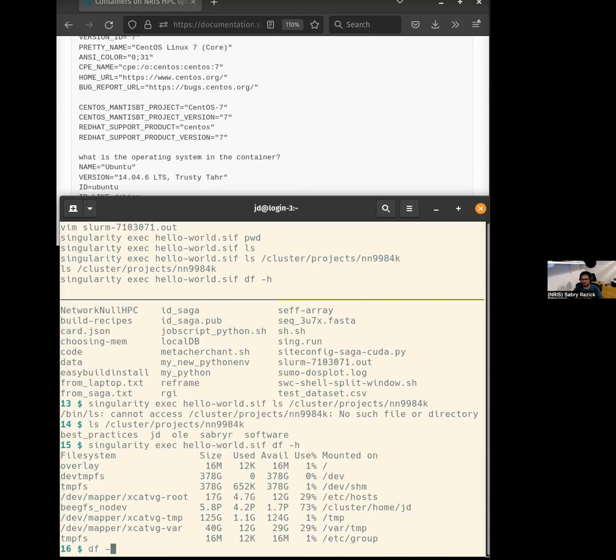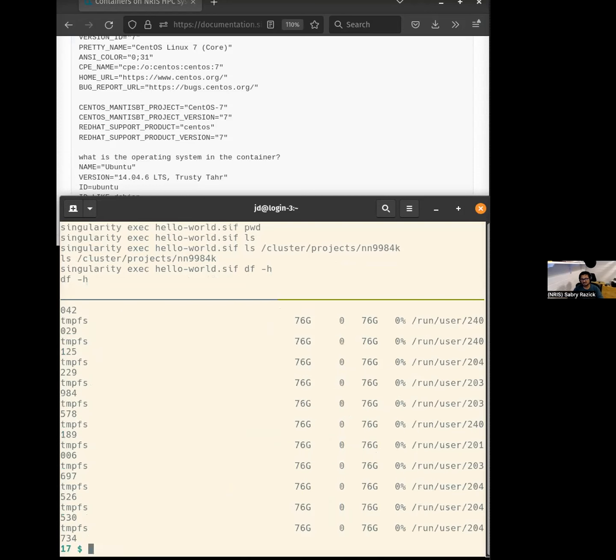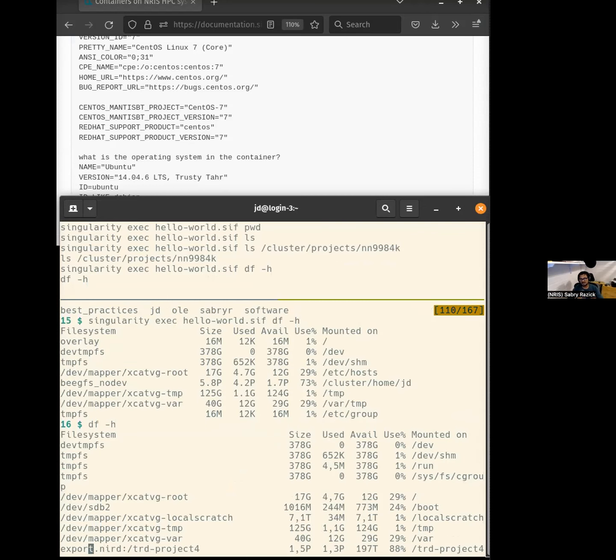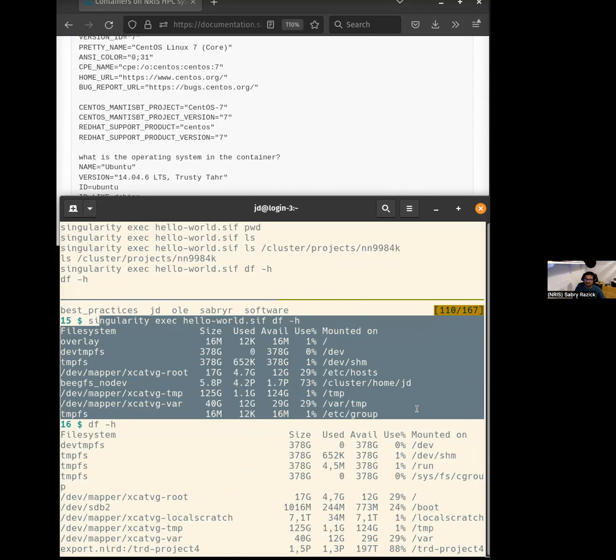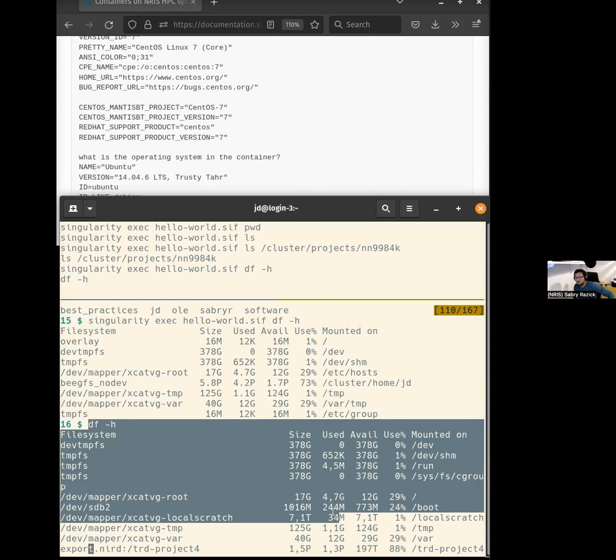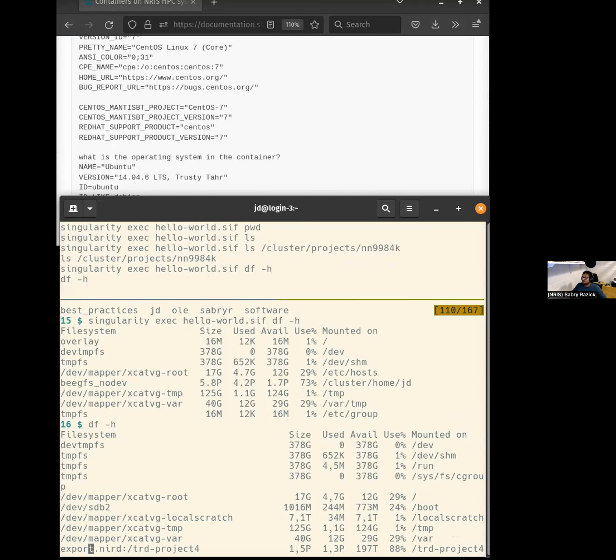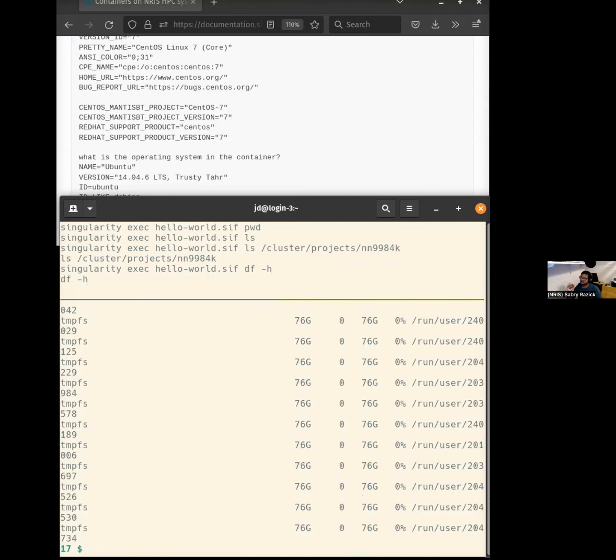This is also very important for security reasons. Not everything is mounted and accessible unless you explicitly ask for it. If you want to use that place, you have to use an argument called bind to tell Singularity to also access a particular location. That command is there in the tutorial, if you go further down.